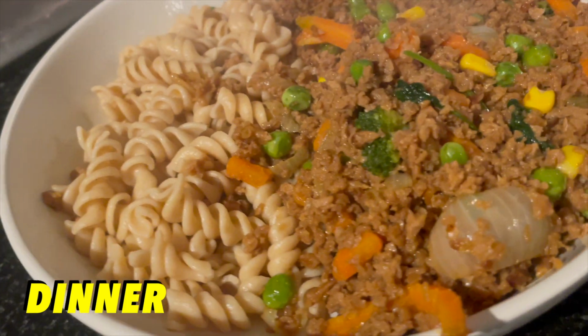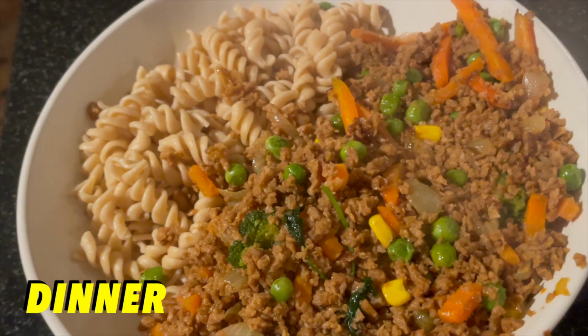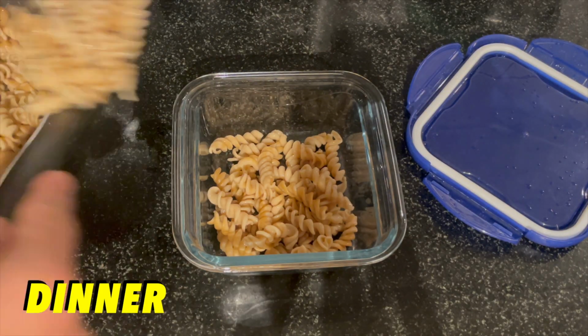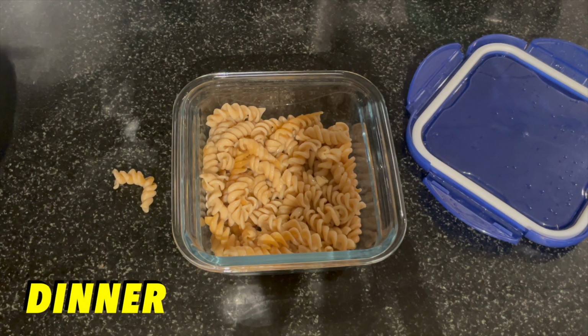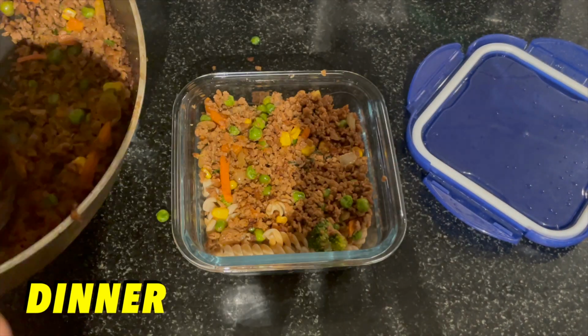Okay, that's the meal prepped and served. This meal is going to provide around 50 to 60 grams of protein, and with all our meals, I make sure to cook enough extras for lunch the next day. That concludes the realistic day of eating for someone who works a 9 to 5, but before we end the video,